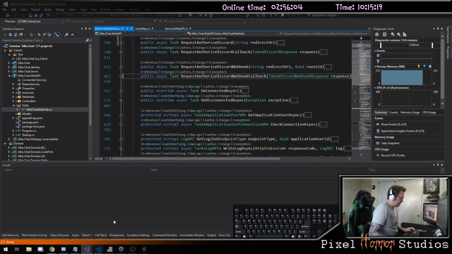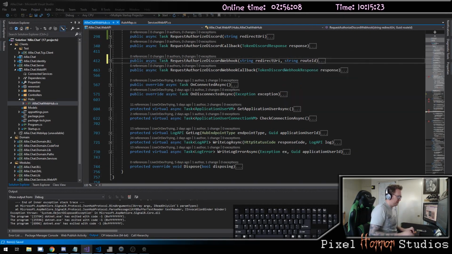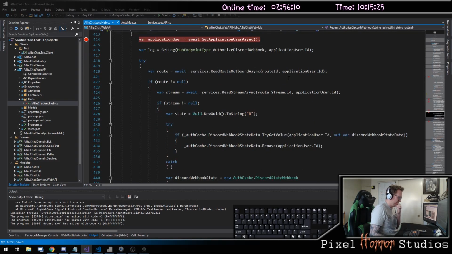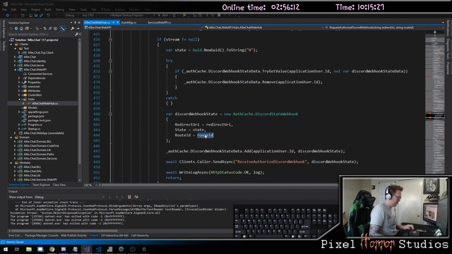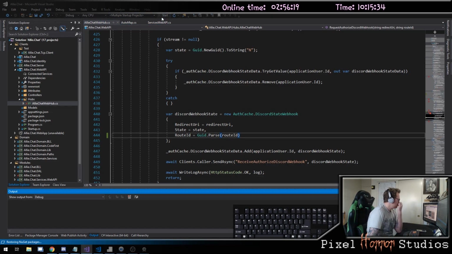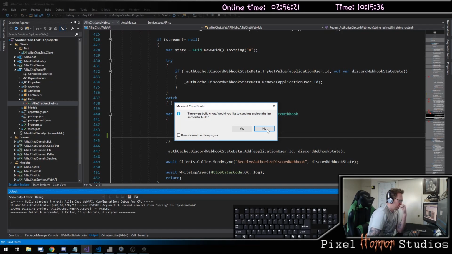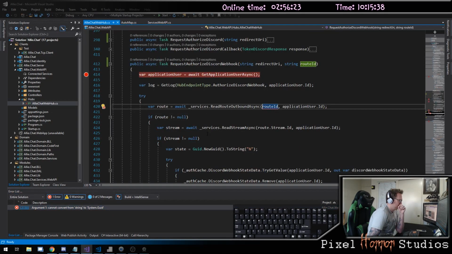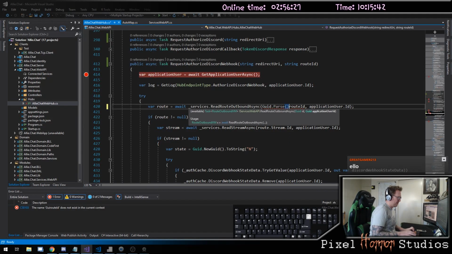If I was to go back here and change this into a string and did a GUID.parse of my route ID, and a GUID.parse of my route ID again,